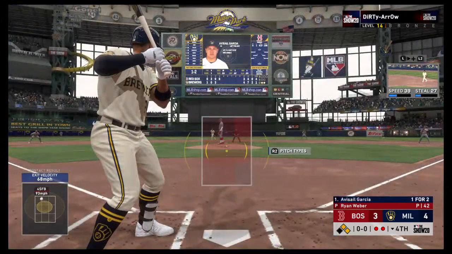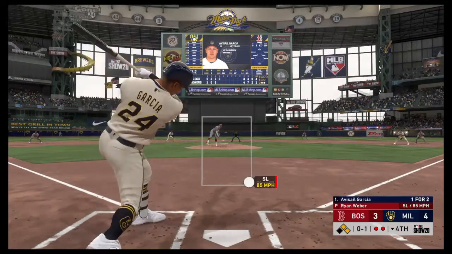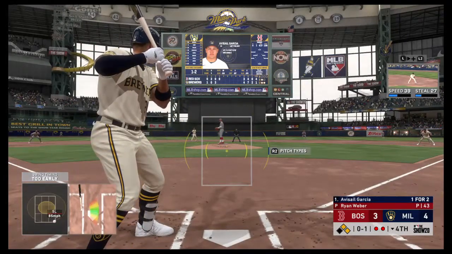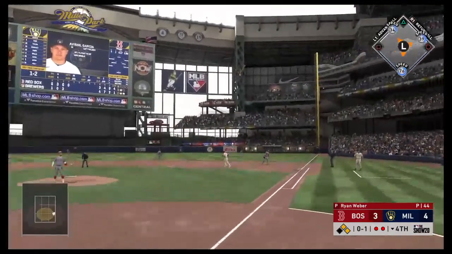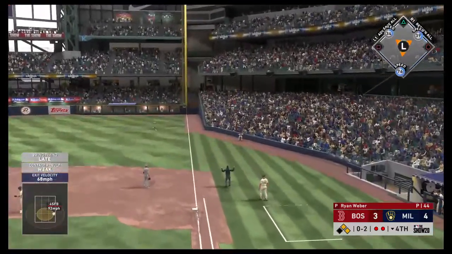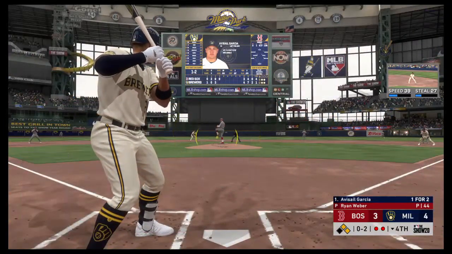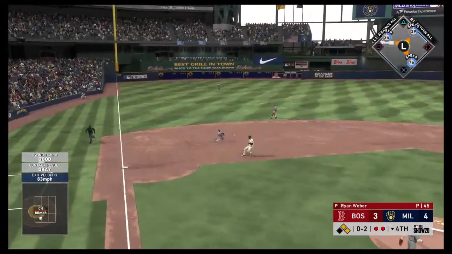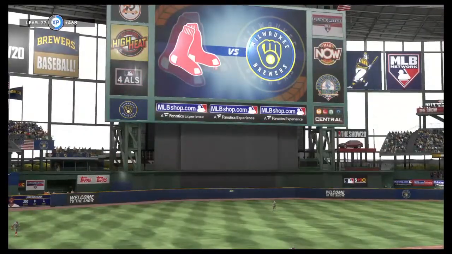So here is Avisail Garcia. 2 men on, 2 away here in the fourth. Swing and a miss on the slider, 0-1. And this is pop foul, but perhaps playable behind first. But this will land untouched. Hit to third. Oh, look at the dive. Got him. That was exceptional. He got the out and prevented the runner from having a...